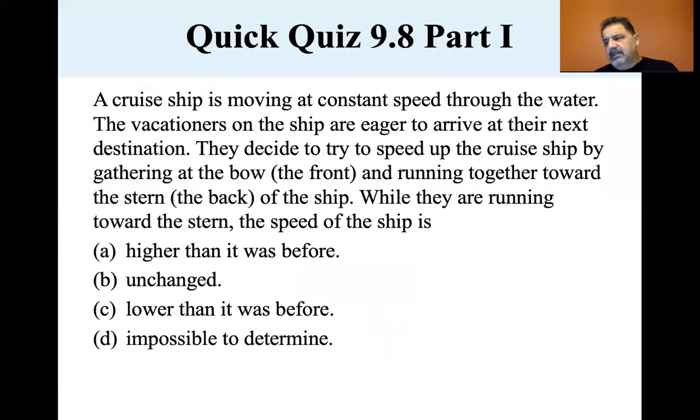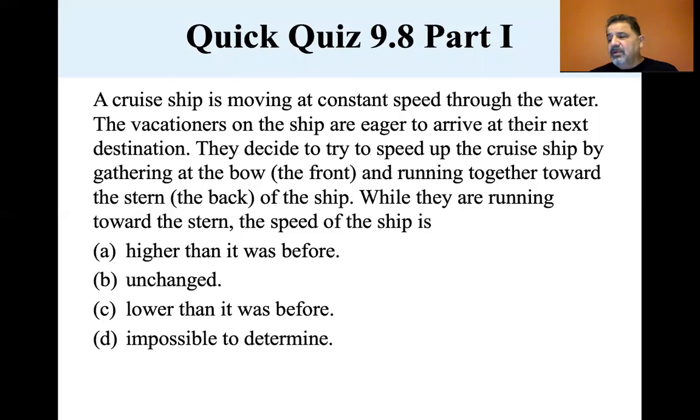Okay, let's look at a quick quiz. A cruise ship is moving at constant speed through the water. The vacationers on the ship are eager to arrive at their next destination, so they decide to try to speed up the cruise ship by gathering at the front, the bow, and running together toward the stern, the back of the ship. While they are running toward the stern, the speed of the ship is higher than it was before,